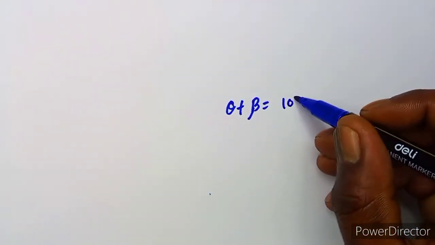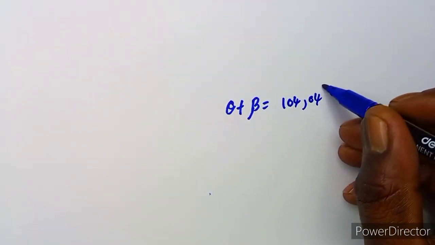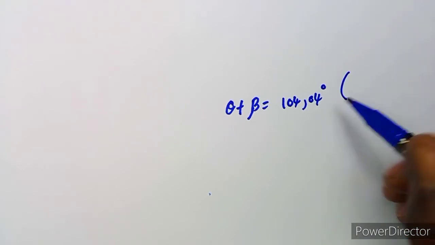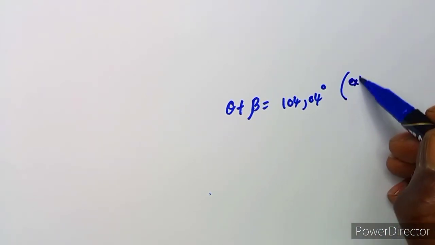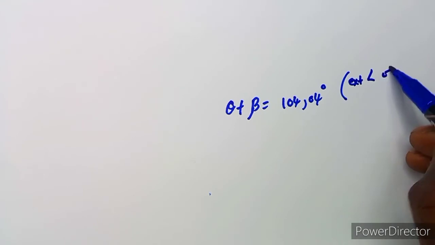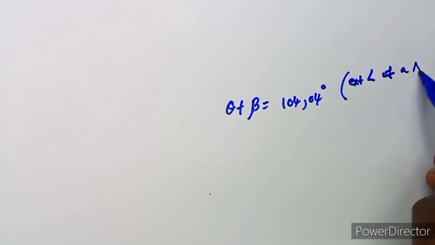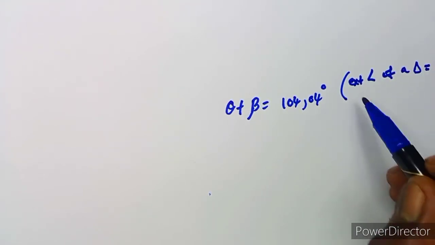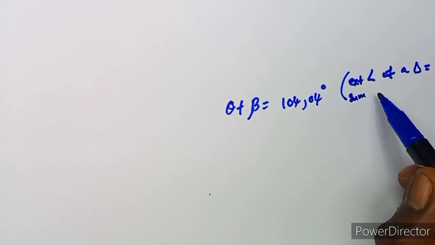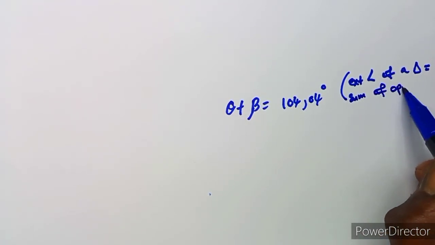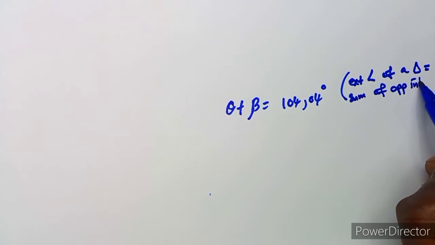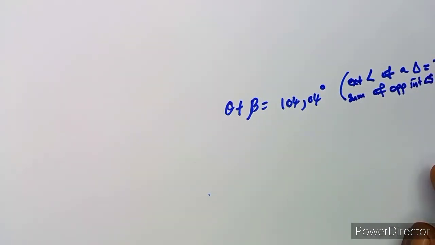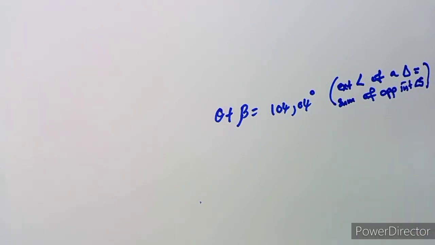104.04. That is 104.04 degrees. So which part am I actually talking of? That is the exterior angle of a triangle. In this case it is equal to the sum of the opposite interior angles. All right, so this is the reason that I've used this to say an exterior angle of a triangle